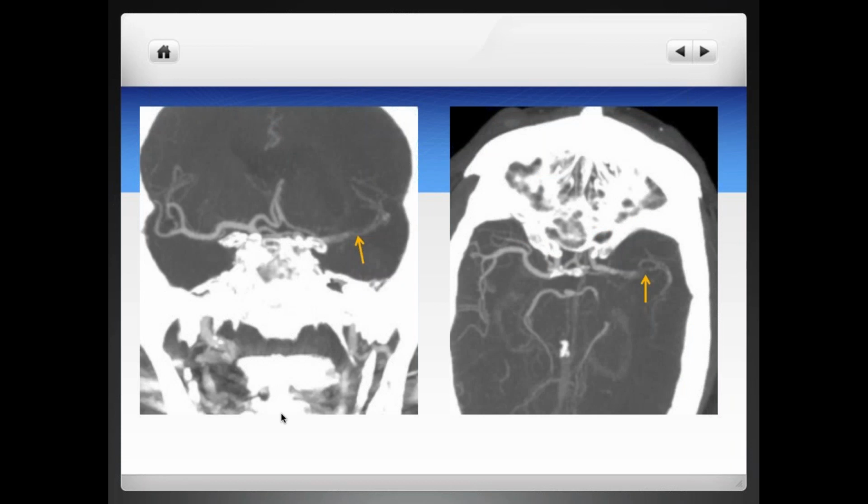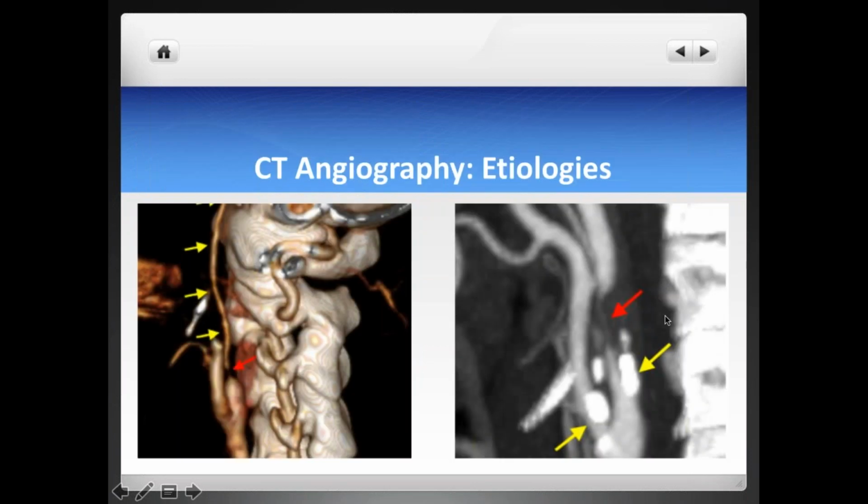Here we have a patient with right-sided symptoms, and as you can see here, on the left, there's a clot that's starting in the distal M1 segment of the left MCA, extending into the superior and inferior M2 branches of the left MCA. Not completely occlusive, but significantly reducing the blood flow into the M2 branches. So as I said, CTA very useful in this case.